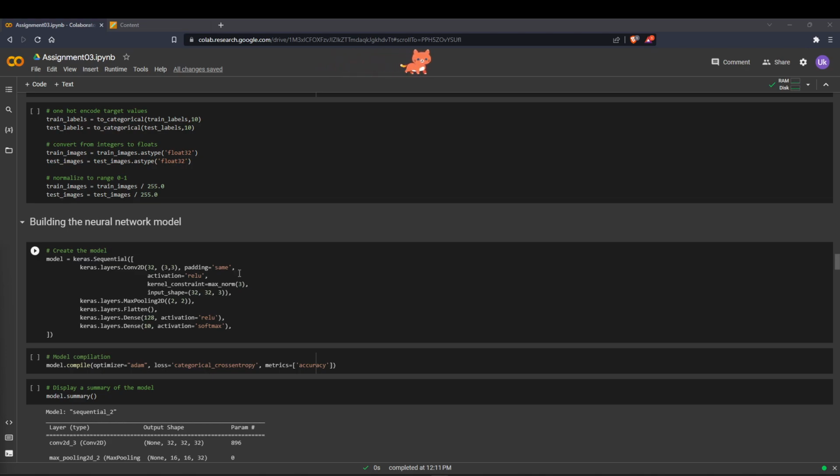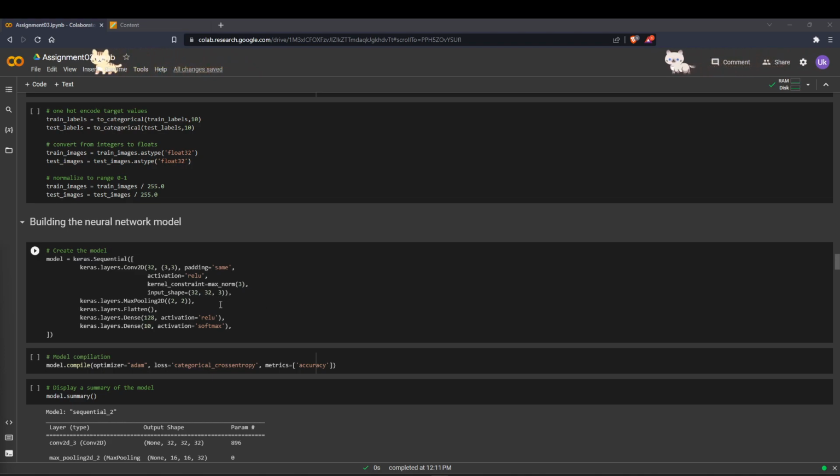We're choosing ReLU. It's a common one for convolutional neural networks, and then we're setting our kernel constraint to 3. It's for kernel weight, and we're choosing the maximum kernel weight. This helps prevent overfitting,